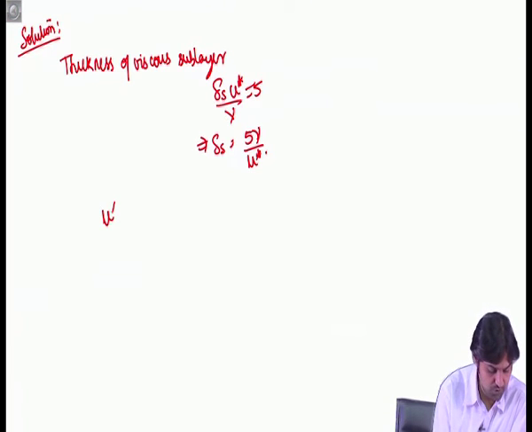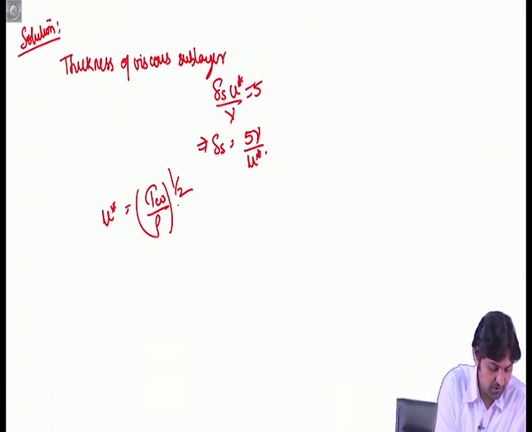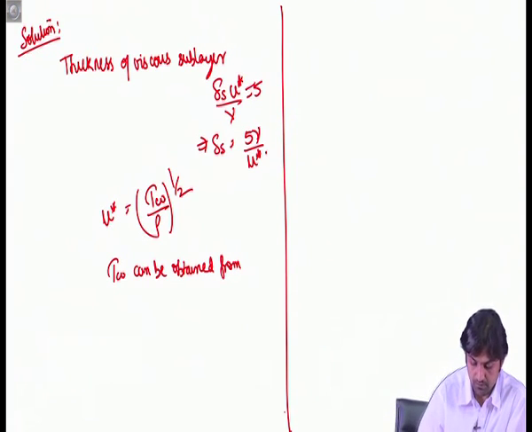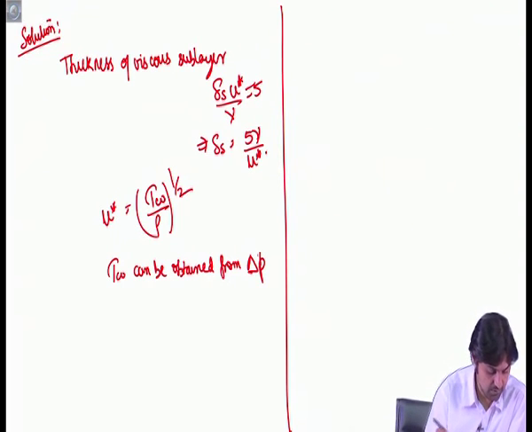So, we do not know u star, but u star can be written as (tau w by rho) to the power half. Okay. And how do we obtain the wall shear stress tau w? So, tau w can be obtained from the pressure drop formula